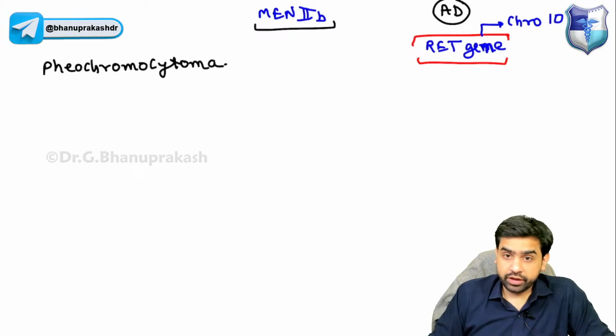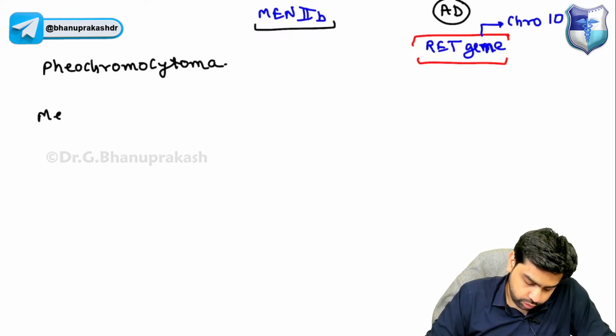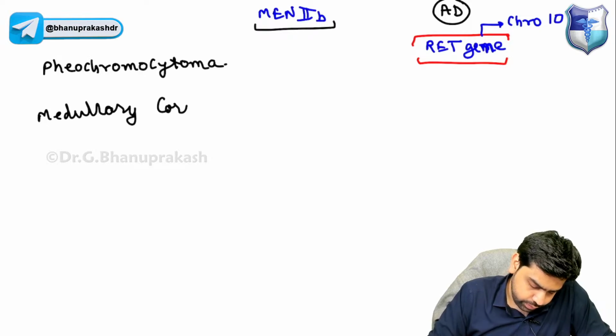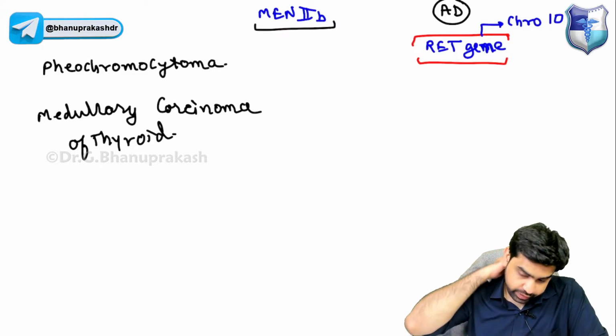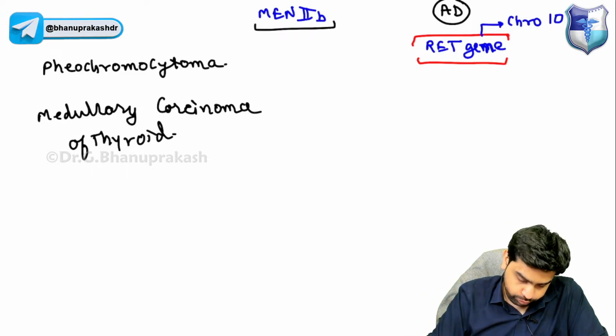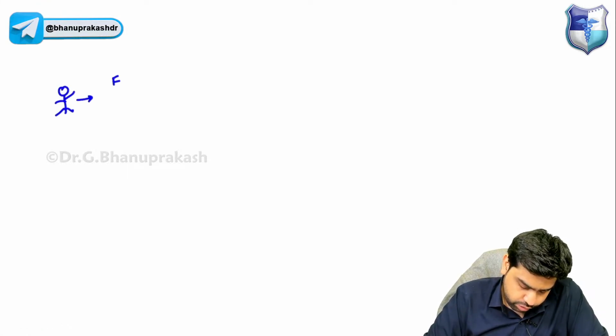That is what is there. And along with this, obviously, the medullary carcinoma of thyroid is also there. Okay, so if I give you a clinical scenario that there is a patient who is having episodic